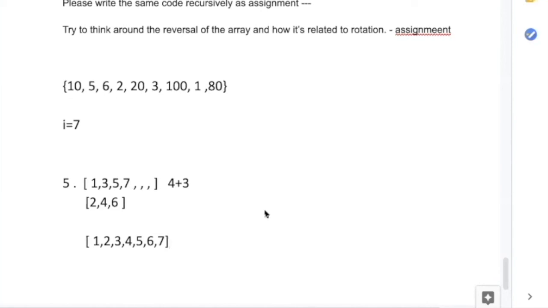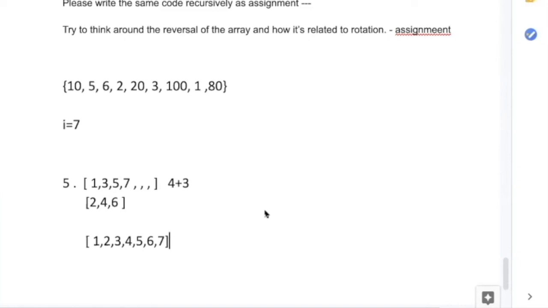But when you're trying, don't try to blindly apply the merge sort, because this question is different from the merge sort. So what you have to do, you have to modify the merge function of the merge sort a little to do it. So think a little out of the box, try to tweak it a little and then apply it in this question. Make sense? Shall we move to the next one? Will you guys try it again?